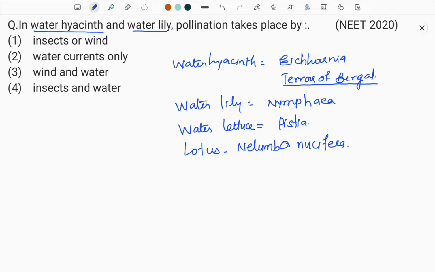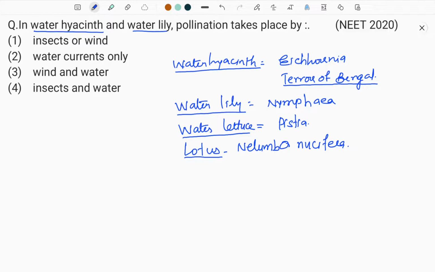In these plants, really the plants are very beautiful and they form the flowers on the top of the water body, and some are free floating, for example, water hyacinth and water lettuce. These two are free floating, they show passive movement in water bodies, whereas water lily and lotus are not free floating, but the flower emerges above the water body. The flowers are very big, colorful, attractive, showy, and so beautiful, and they attract people that are passing by